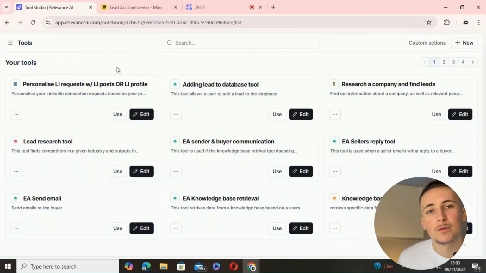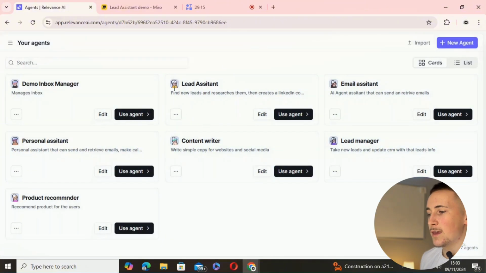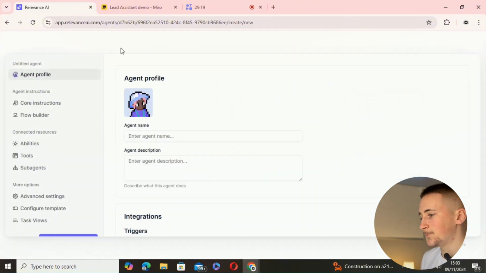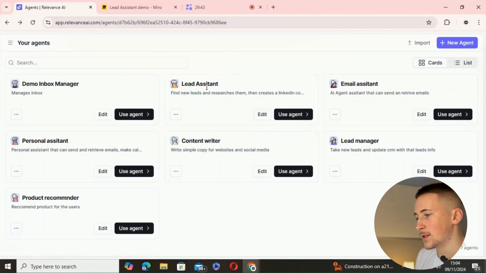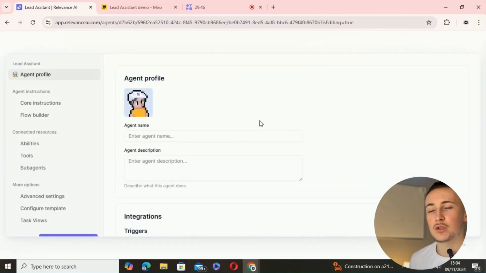So now what we need to do is add all of these tools into an AI agent so we can actually use it and chat to it as if it was a human. So what we do, come over to the menu here, go to agents. Now I've already made the agent here, but if you were going to make a new agent, you'd simply click new agent. But in this case, we've got the lead assistant agent here that I've already made. So we're just going to hit edit,